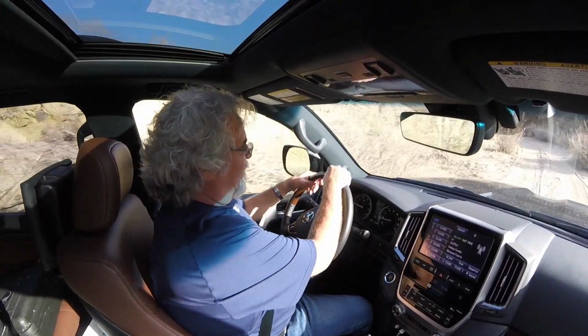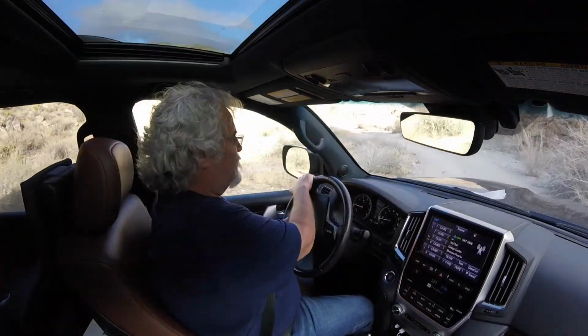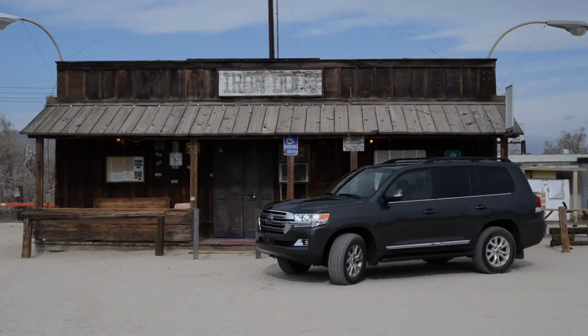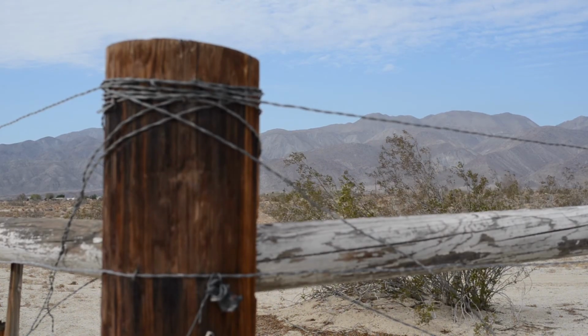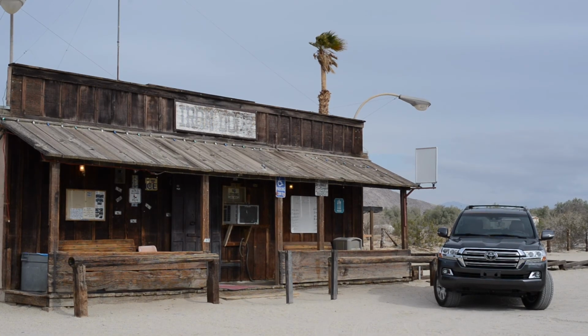And finally, what I wanted to do was to do a little stop by at Agua Caliente Wells' infamous landmark, the Iron Door Saloon. I've been there, I don't know how many times, in my youth and as an adult, and it is a genuine landmark. It is not a hipster thing that somebody created to look that way. No, the Iron Door just looks like that all the time, and it has for decades. I think the first time I was there was almost 40 years ago, so...